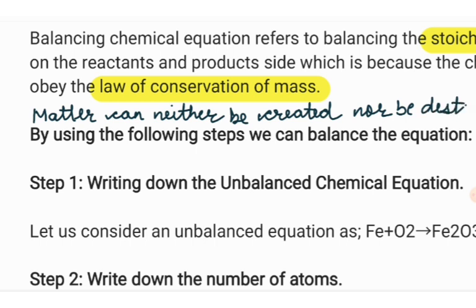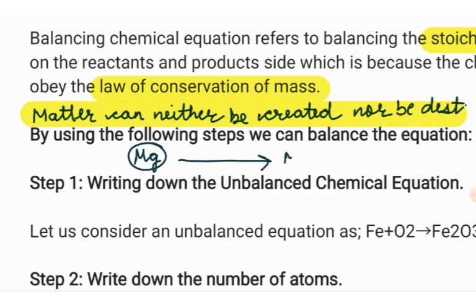This is the law of conservation of mass, which says that matter can neither be created nor destroyed. So what is the meaning of this here? It means that if we are taking magnesium 1 only, then in the products also we should have only one